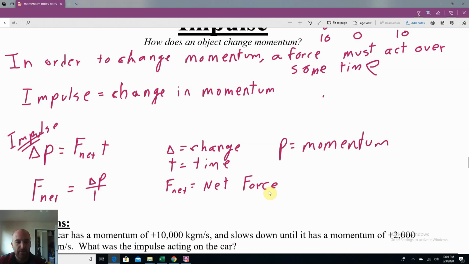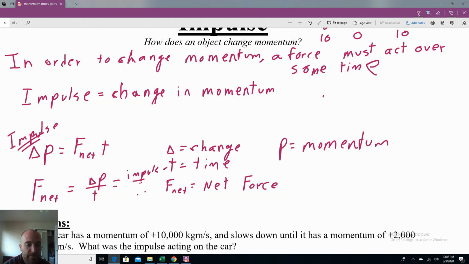F net is the net force, which we've covered earlier in the year, and T is the time. Now we can rearrange this a little bit so that we could not only solve for the change in momentum, but we can also solve for that net force. The net force, if that's what we were looking for, is change in momentum over time. And remember, that change in momentum, that's just another way of saying impulse